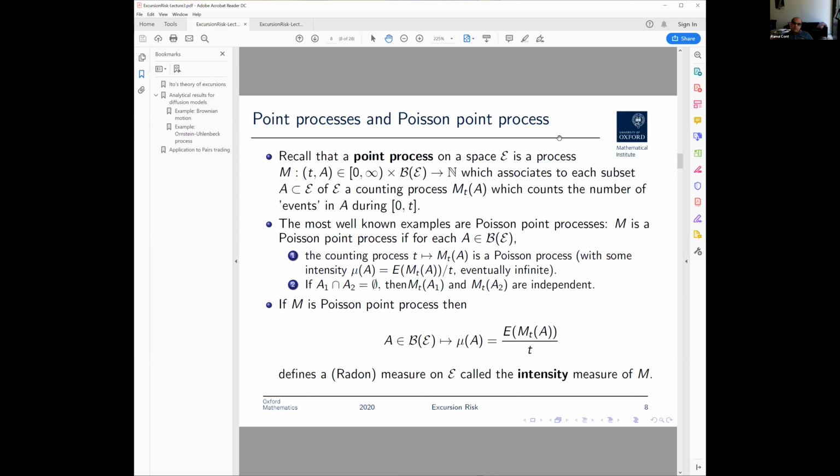So any questions about this? I guess some of you have seen Poisson point processes before, but if not, and you have a question about this, I don't see the chat, but